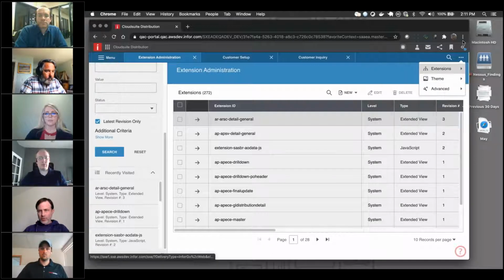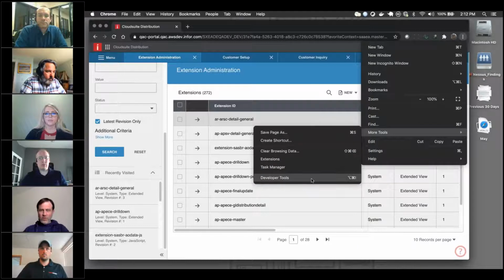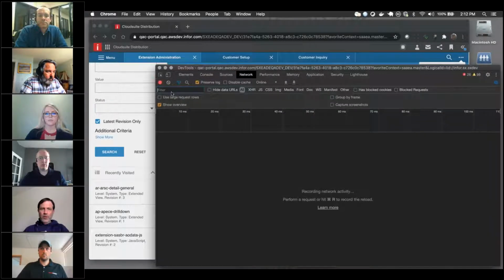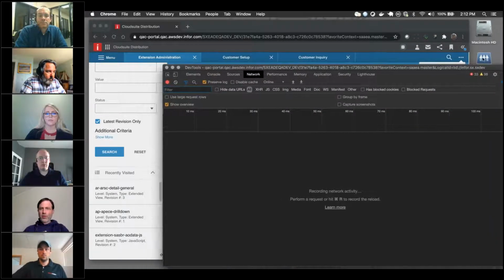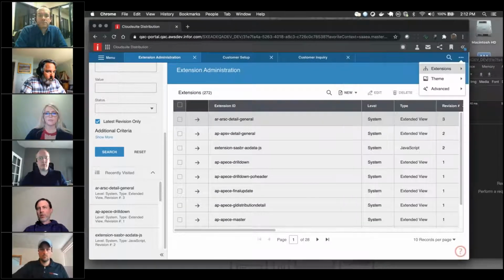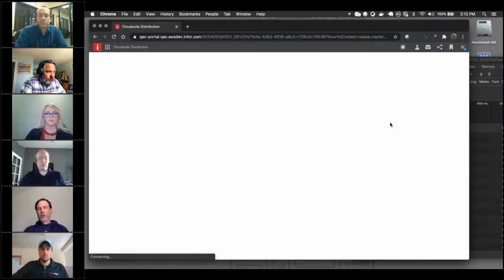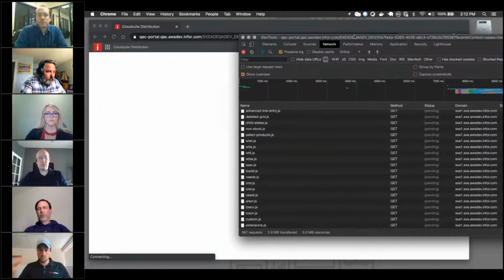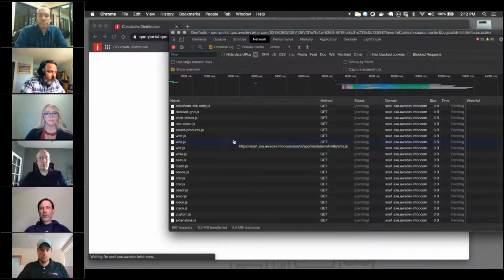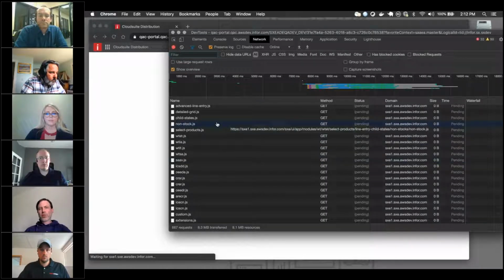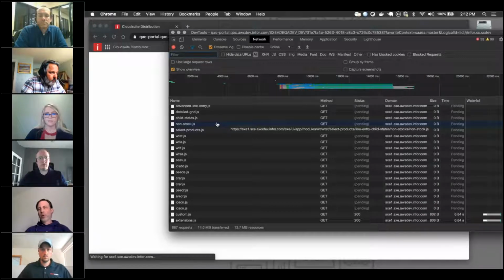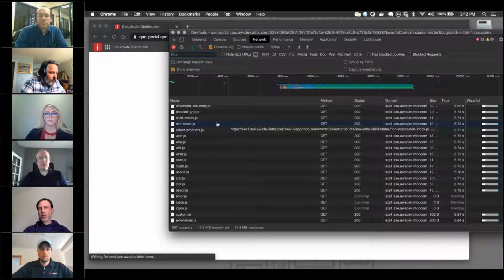So what debug mode is, let me turn on developer tools really quick. So we're going to watch my network. I'm on the network tab. We're going to watch my network console. So we're going to go to extensions, tools, oh, good grief, tools, debug mode. So it's going to refresh my screen and it's going to point to an alternate URL. So that alternate URL is every JavaScript, JSON, HTML file, unminified, unmerged into that single app.min.js file